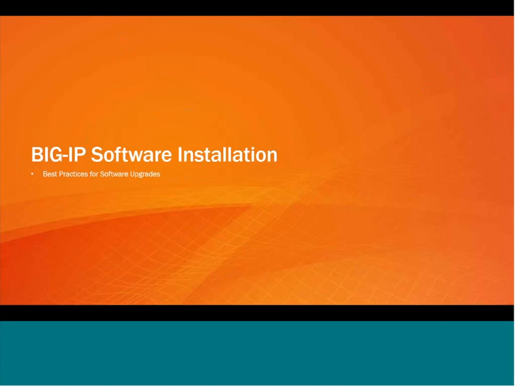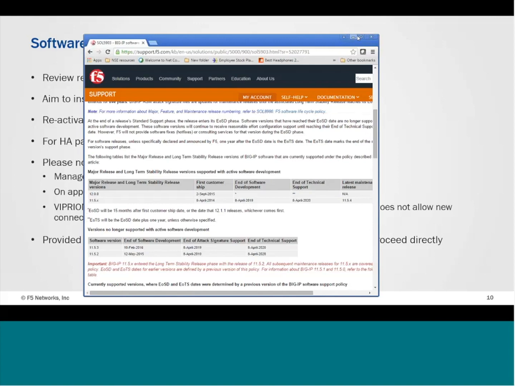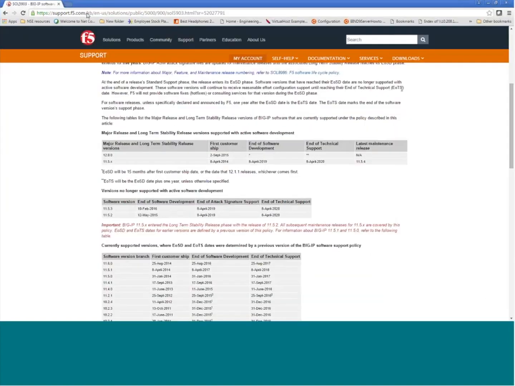Okay, so now we're done with taking a look at the support cycle. We'll now take a look at the software installation process. Now, this is just going to be a very brief best practice. Well, the first thing you would normally do when you are planning an upgrade would be to review the release notes for the intended software. For example, if somebody wanted to have a look at upgrading to 11.5.4,